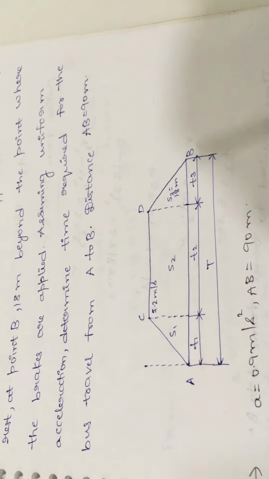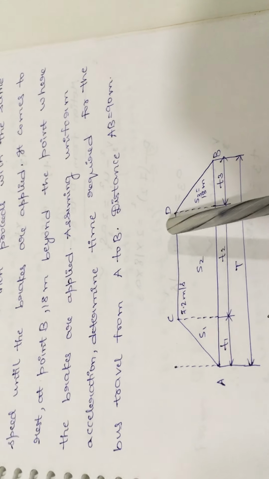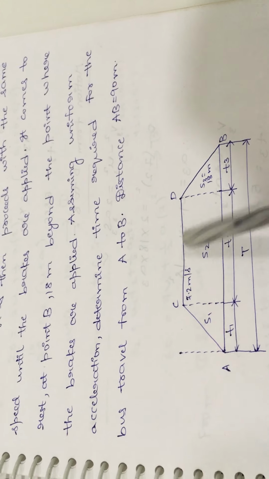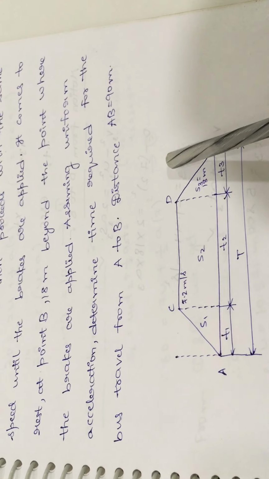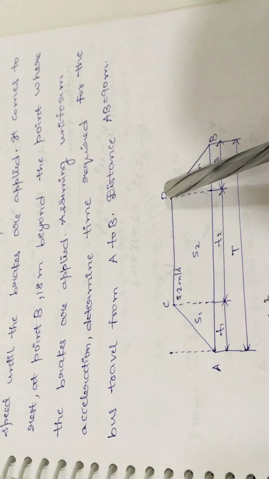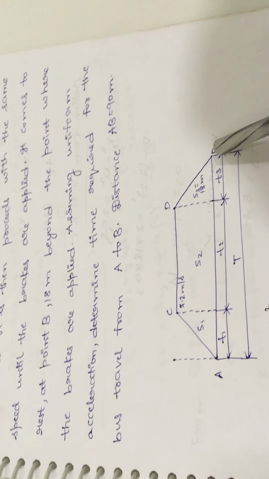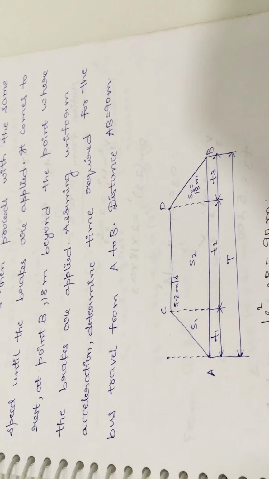Next, we will consider the motion in the third stage, from D to B. Again from D to B you have the initial velocity the same as in the second stage, 7.2 meter per second at this point, and it is coming to the rest position. To the rest position means final velocity will be 0. So the final velocity v is 0 and u is equal to 7.2 meters per second, and the s value is given in the question for the third stage.